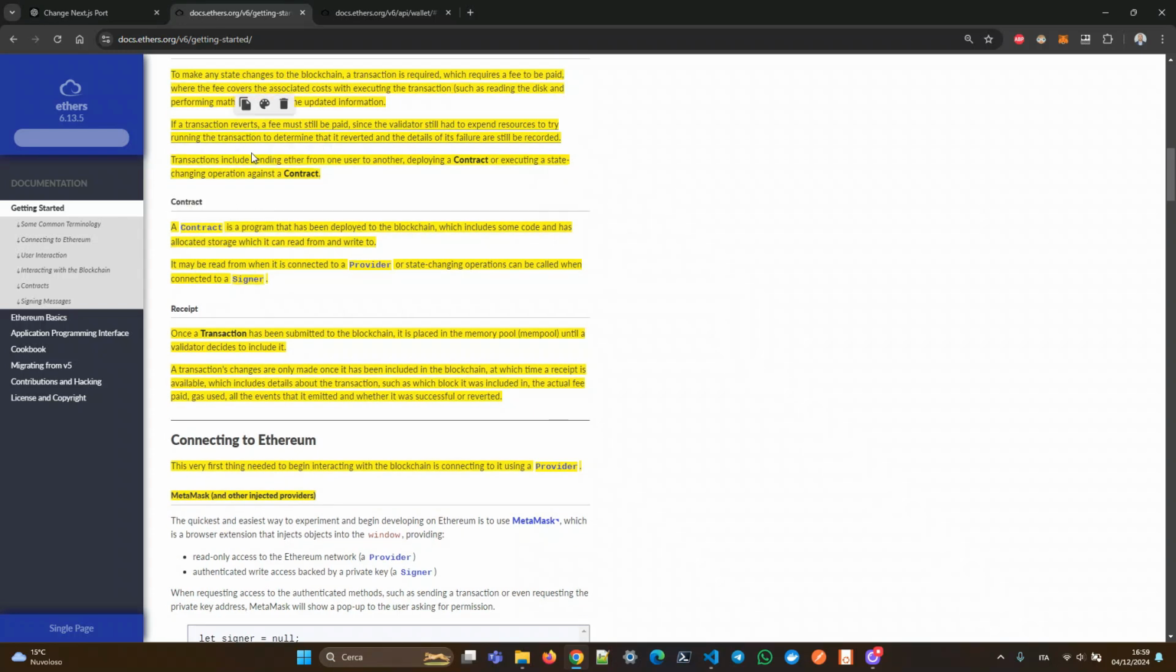Transactions include sending Ether from one user to another, or deploying a contract, or executing a state-changing operation against a contract. So this is the definition. This is what a transaction is. A contract, so a smart contract, is a program that has been deployed to the blockchain, which includes some code and has allocated storage, which it can read from and write to. So it is a program